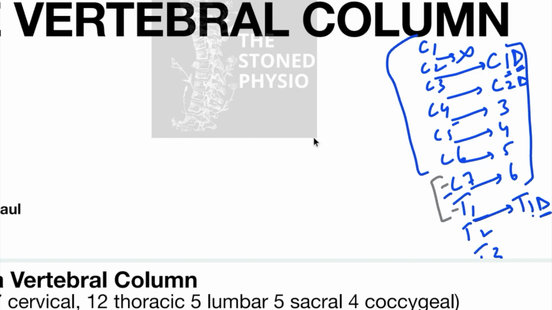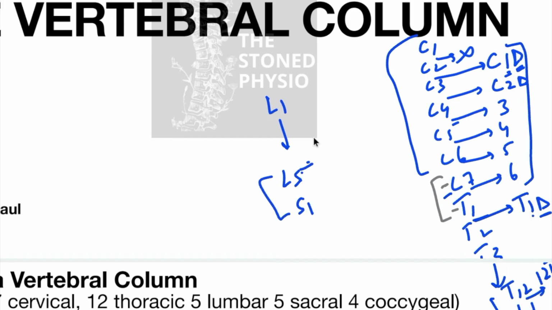All right, and if we continue all the way down to T12 and L1, again the transitional vertebrae, we have the 12th thoracic intervertebral disc, which would be between T12 and L1. Likewise, if I continue over here, we have L1 all the way to L5, and then starts the sacrum, S1. This is the transitional section of the vertebral column between the lumbar and the sacral. The first lumbar intervertebral disc would be between L1 and L2, and likewise the 5th lumbar intervertebral disc would be between L5